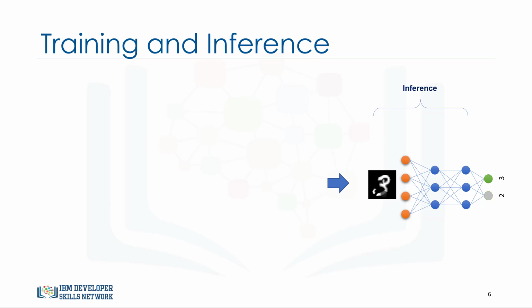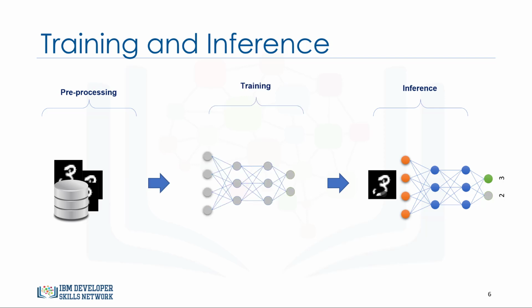Basically, if we look at the pipeline of our deep learning process, we can see the following phases. First, pre-processing of input data. Second, training the deep learning model. And third, inference and deployment of the model. In the first part, we have to convert the images to a readable and proper format for our network. Then, an untrained network is fed with a big data set of the images in the training phase, so as to allow the network to learn.